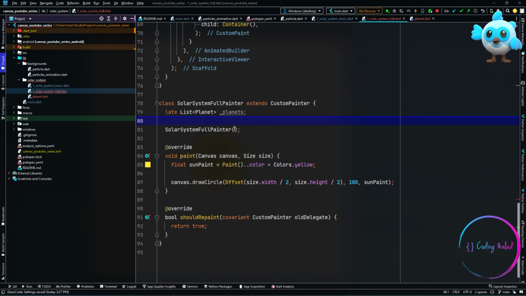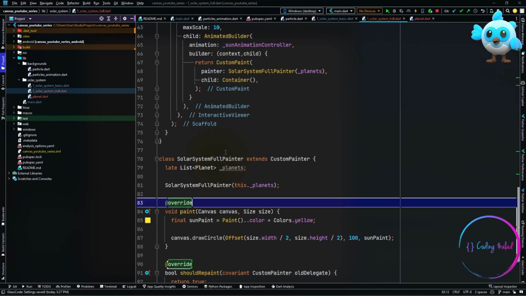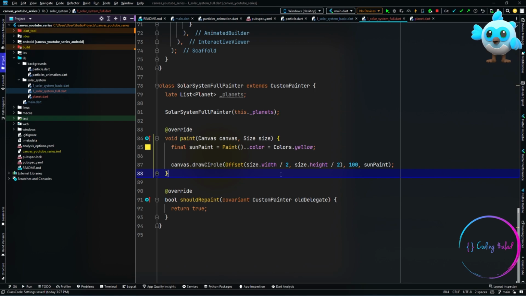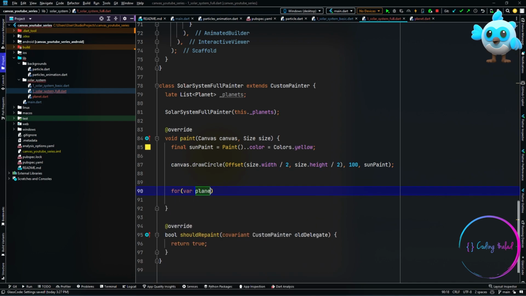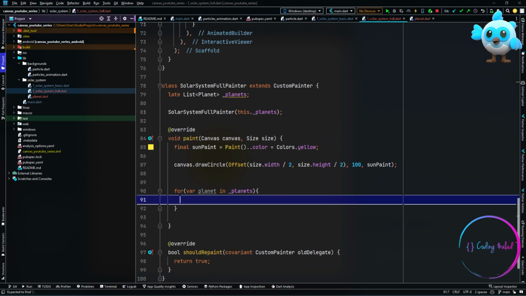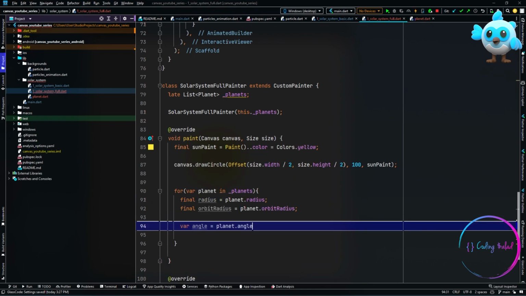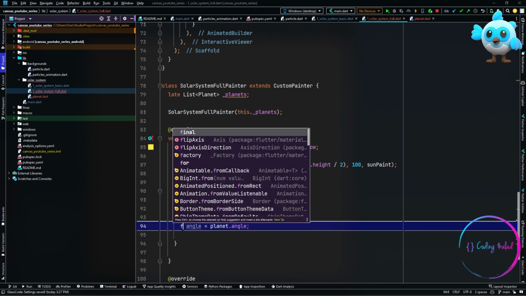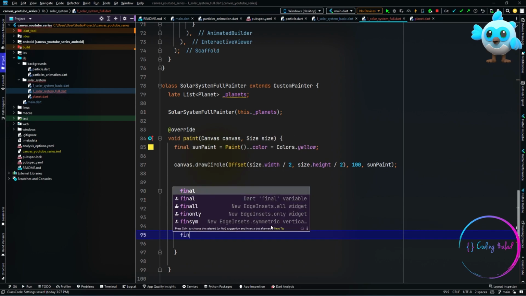And now I'm going to our solar system full painter. I have to pass in the list of planets as a constructor parameter. And here we'll be using this list parameter to draw the planets. Now inside our paint method, what we need to do is loop over the items in our planets list and take their parameters like radius, orbit radius, angle and color,